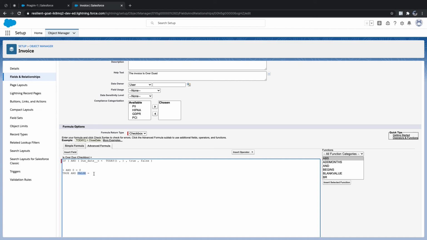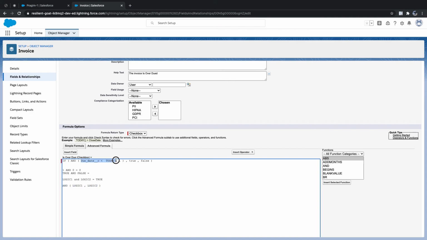Any one thing got false, it means that it's false. Now the same thing here, logic 1 and logic 2, if the logic 1 is true and logic 2 is true, then you will get true. The same thing in Salesforce, it was little modified: logic 1 comma logic 2. Instead of keeping and in between, we use AND and then we pass the logics as comma separated values.